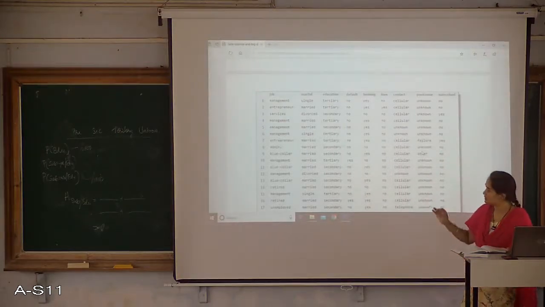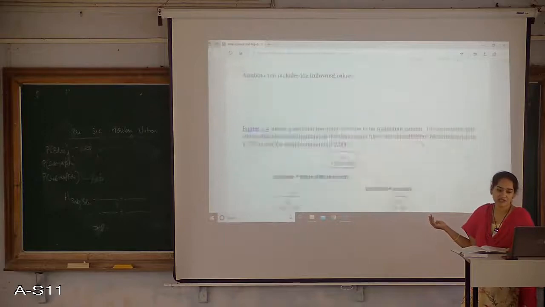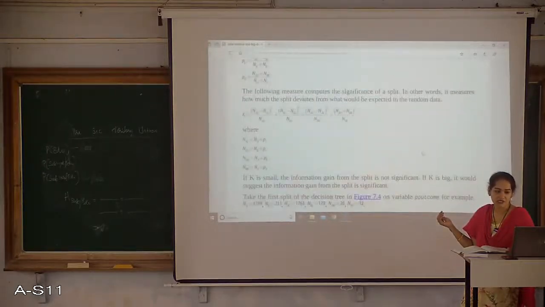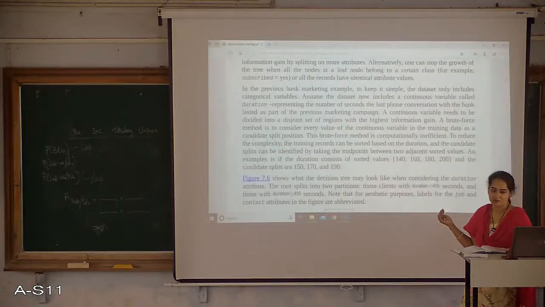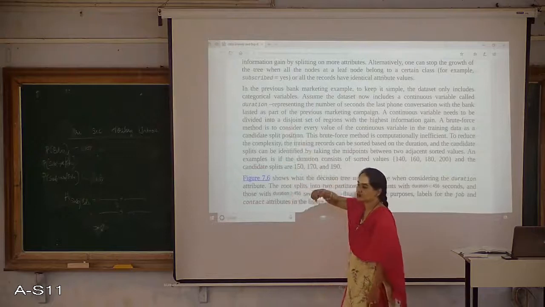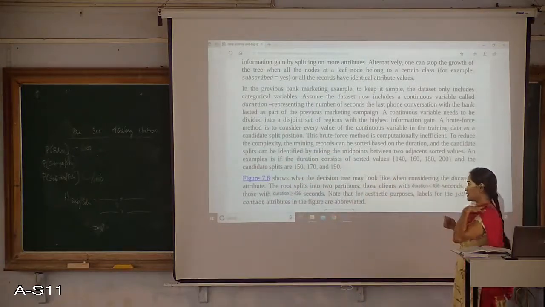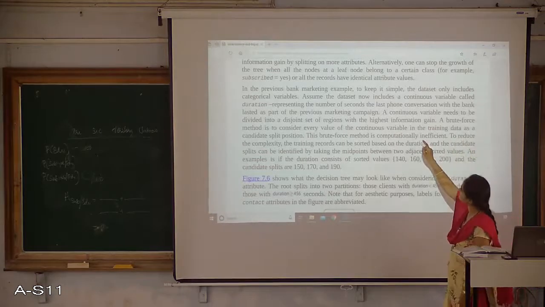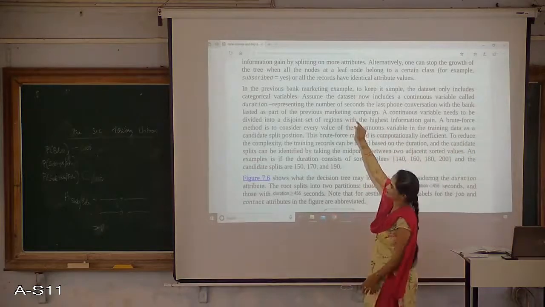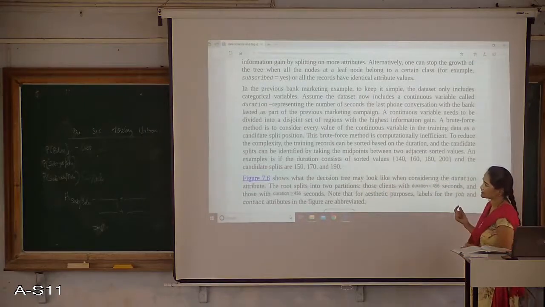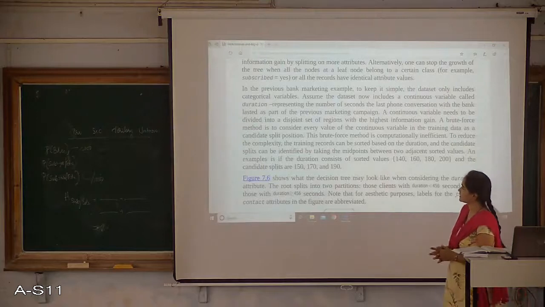So now, if my data set has some continuous data, which is considered as duration. Duration is a phone call with the bank people. How many seconds? Yes, it is taken in seconds, the number of seconds of conversation that happened in the earlier marketing campaign.